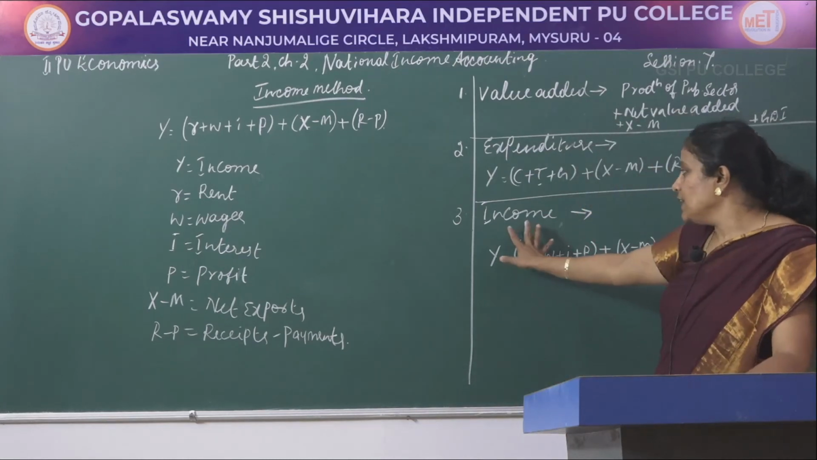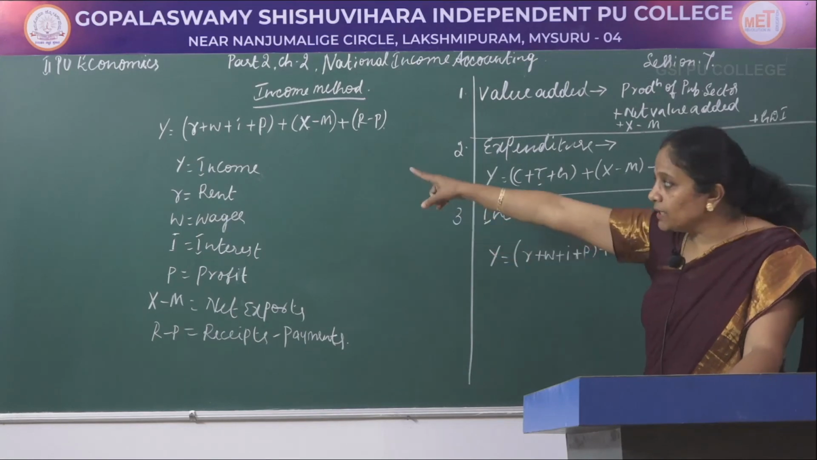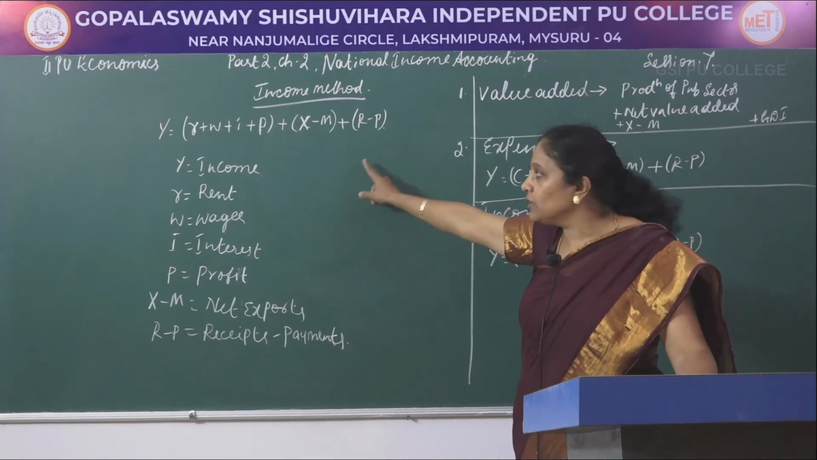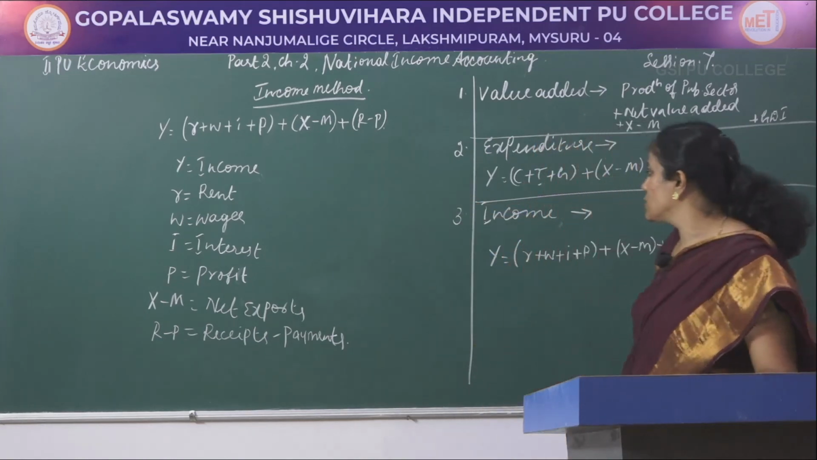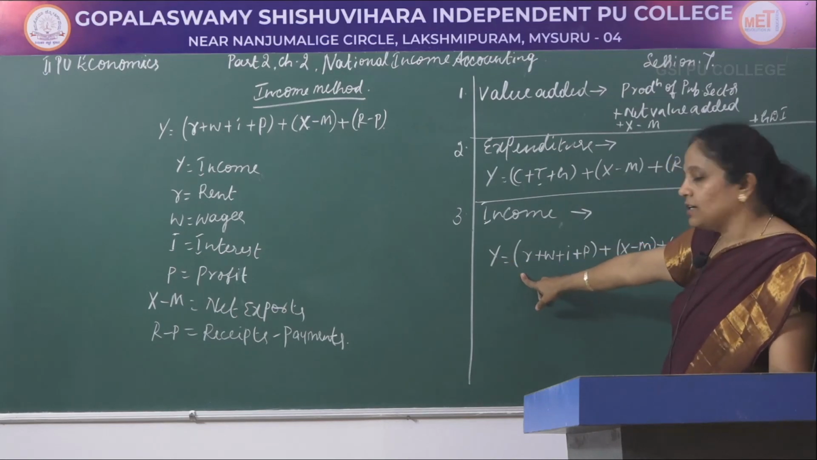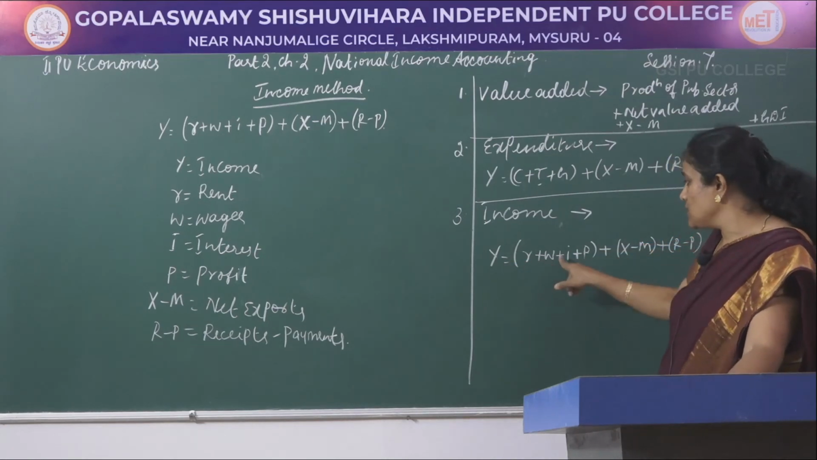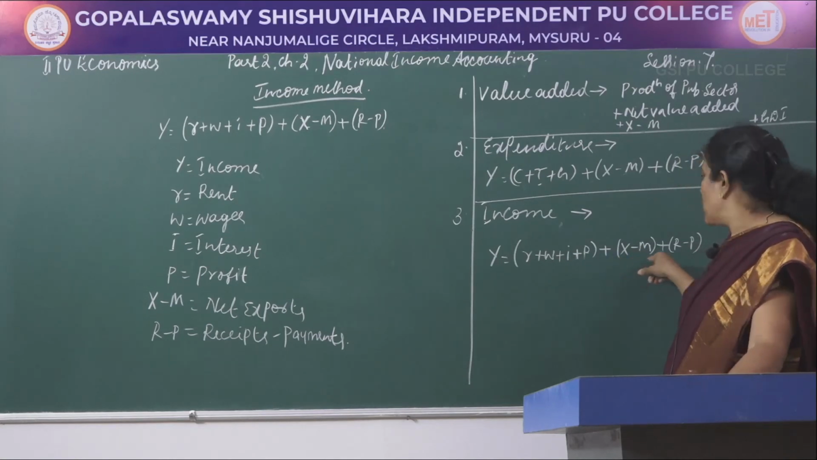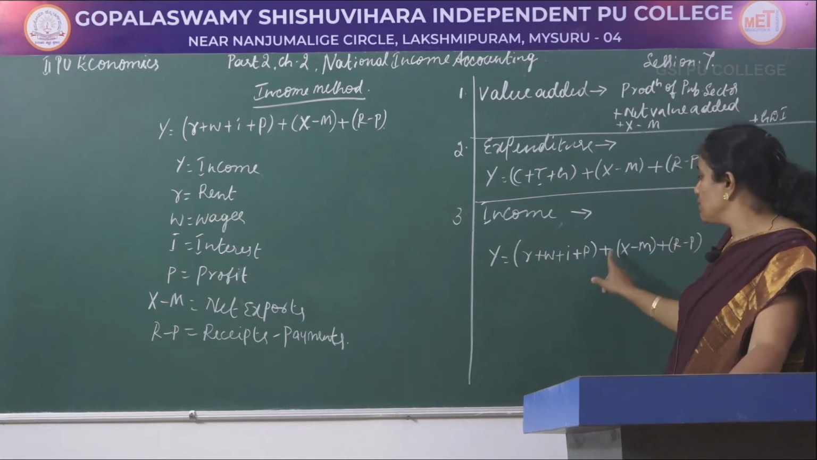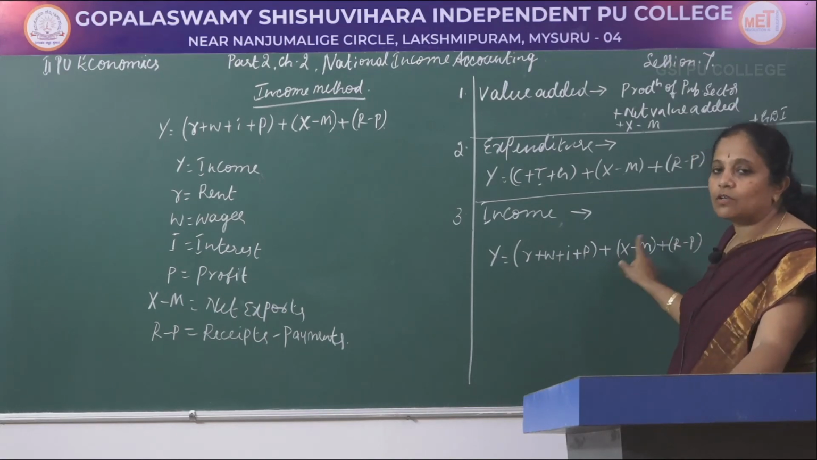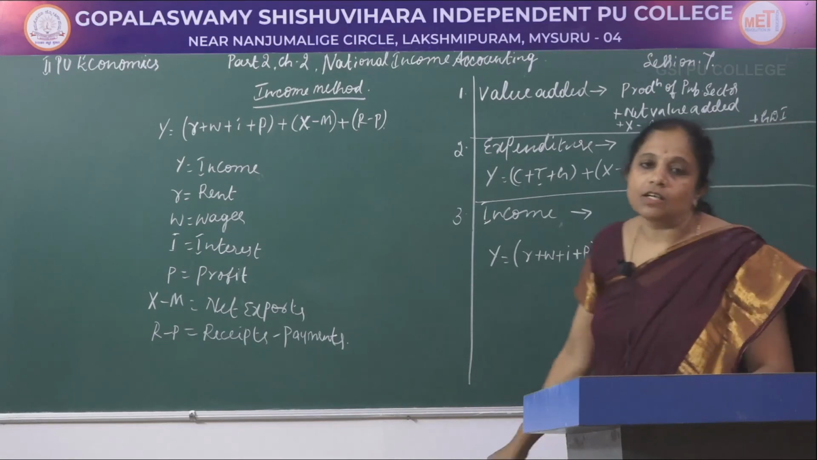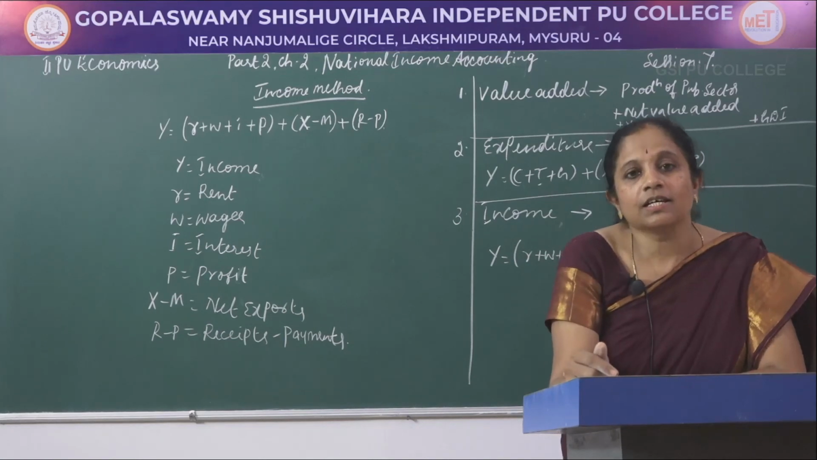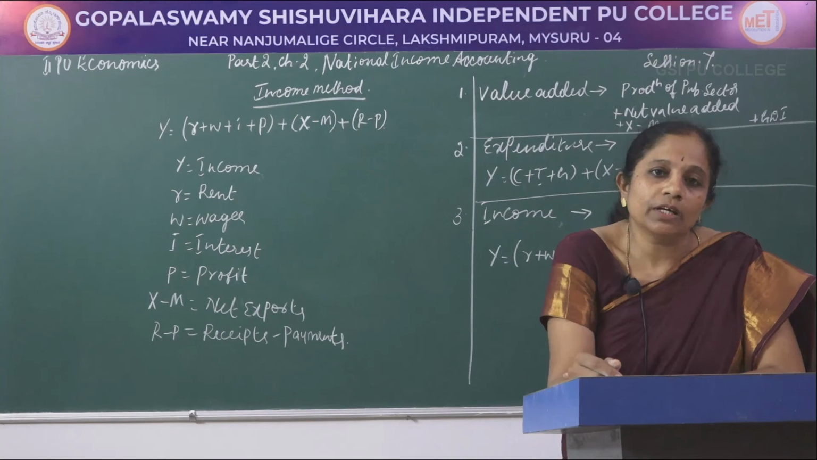The next one is the income method. Under the income method, we learnt that the income generated through factor payments is taken into consideration, and here the income is obtained through rent, wages, interest and profit, plus exports minus imports, and also the difference between receipts and payments. So with all these we have learnt that the GDP is a true barometer of the economic situation